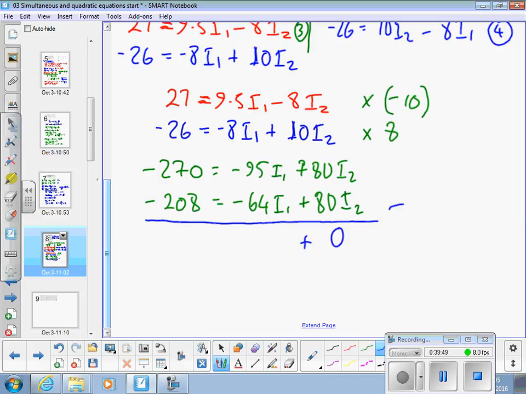Minus 95 minus minus 64 is... and minus 270 minus minus 208 is minus 62. The two negative signs turn into a positive, don't they? So that's